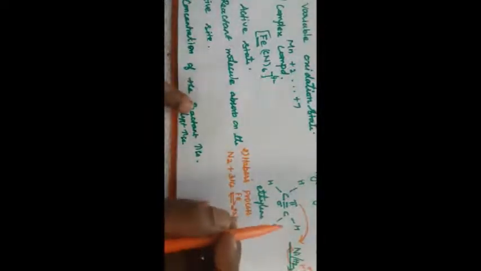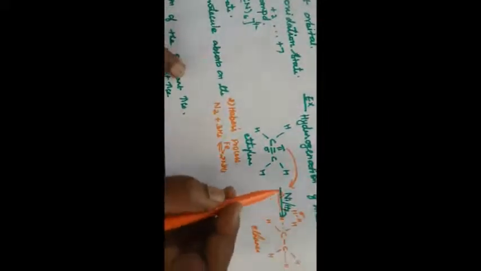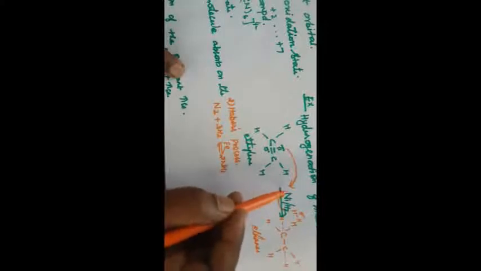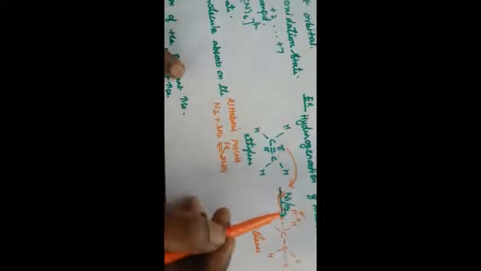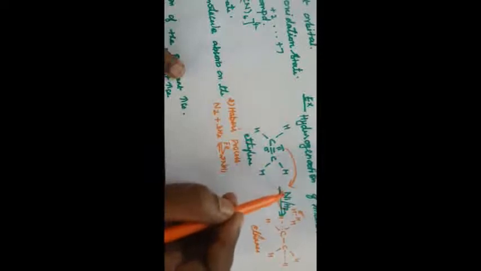First example, hydrogenation. What is meant by hydrogenation is the addition of hydrogen in the presence of nickel catalyst. Here nickel acts as a catalyst. The double bond contains one pi bond and one sigma bond. This pi bond is attached on the surface of the nickel. Here also hydrogen contains a sigma bond, which is also attached on the surface of the nickel. After that the nickel is regenerated. This is called ethane.